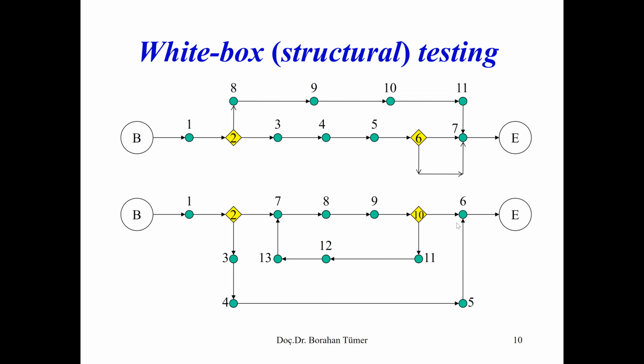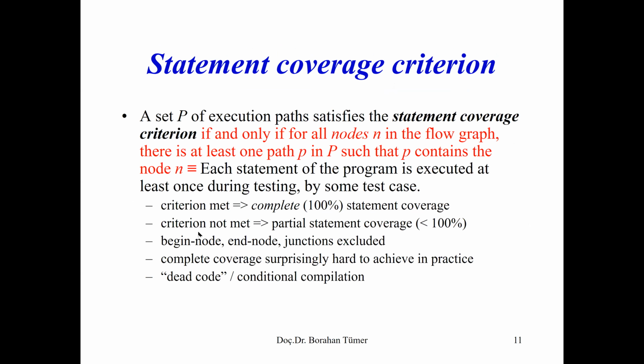We said that this is an independent path, this here is another independent path, and this here is another independent path. And then we gave the definition of the statement coverage as a specific version of the coverage concept,